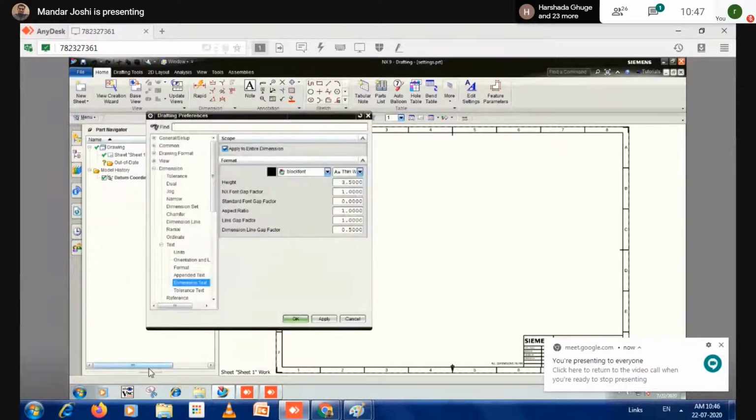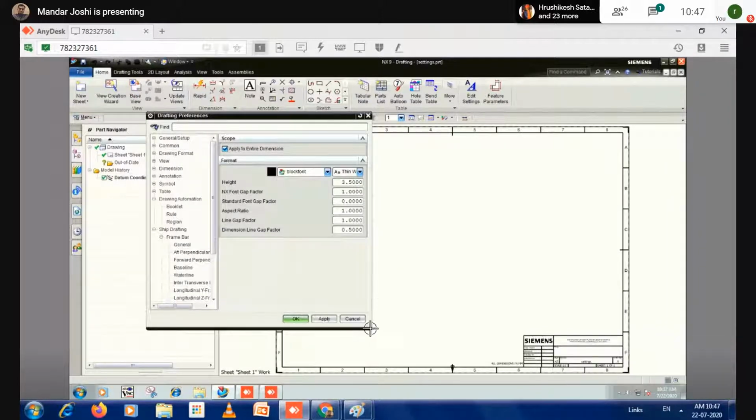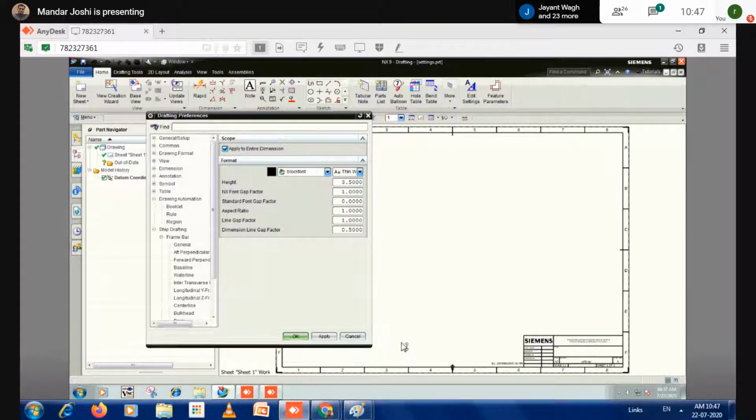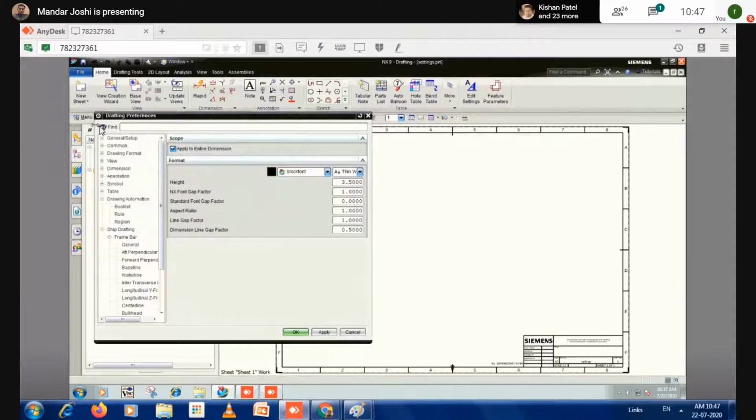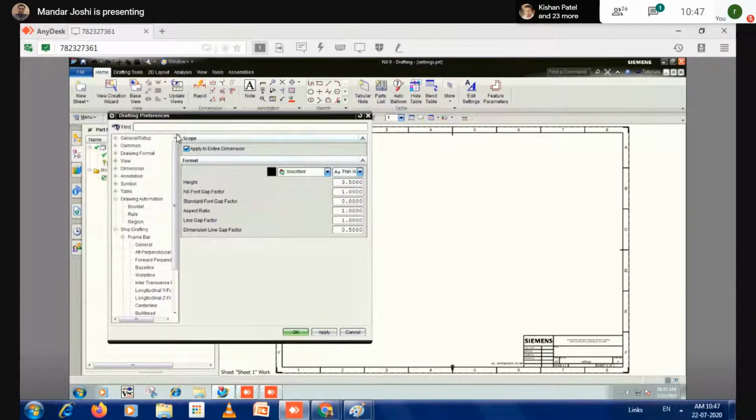Okay. Now one by one, we'll do that setting. Can you tell what is the first setting given there in your screenshot? Common setting.